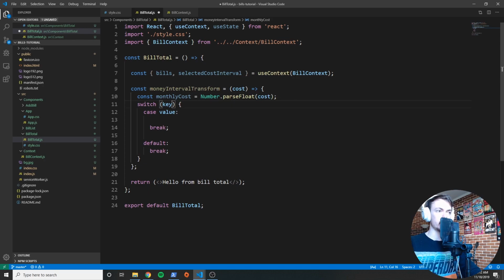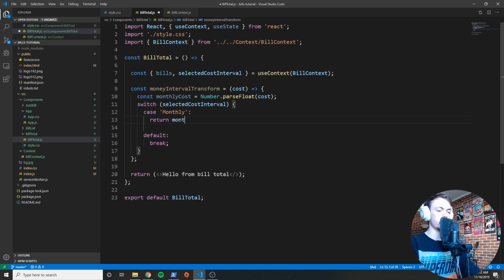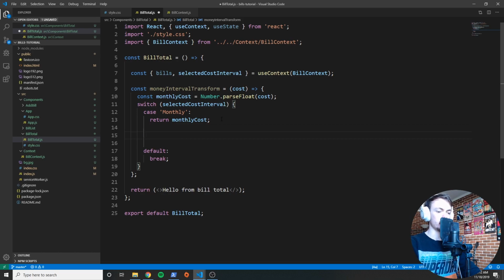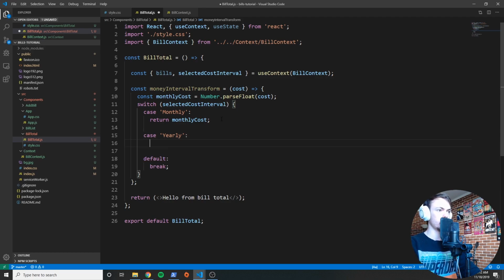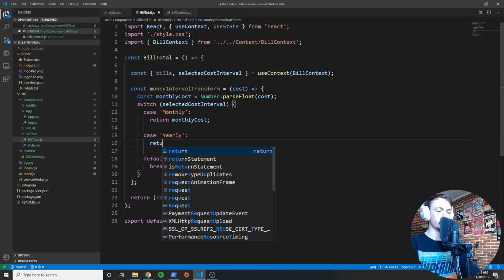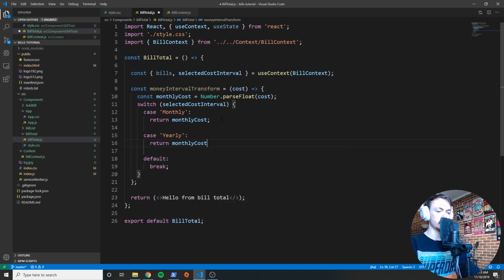And we're going to switch on selected cost interval, which is this guy right here. And let's say for now, in the case of monthly, we just want to return the raw monthly cost. So I'll say return monthly cost. So whatever that cost is converted to a number, we're just going to return that. Now, in the case of yearly, what we want to return is the monthly cost times 12, because there's 12 months